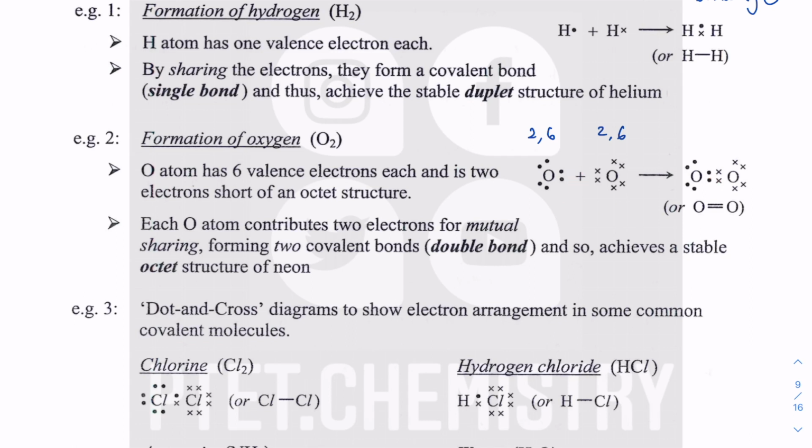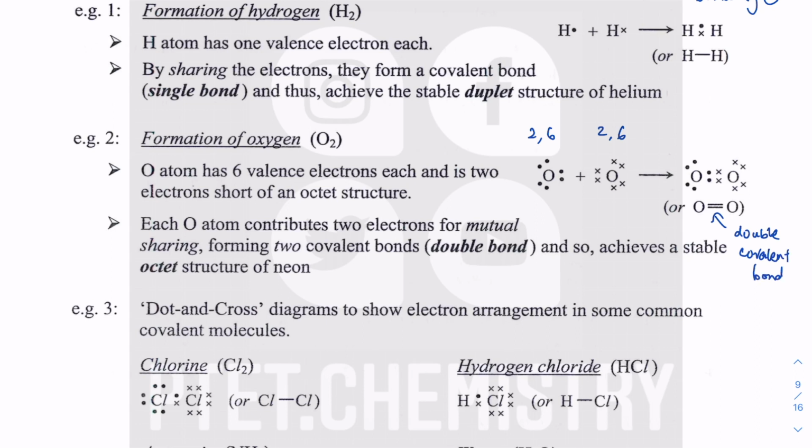Okay, and hence here you see 1 cross, 1 dot, that is sharing 1 for this one, and this one is being shared to the other one. And you have another dot and cross, so this represents 2 lines because there are 4 bonding electrons. One line represents 1 covalent bond, meaning 1 electron from this atom, 1 electron from this atom. The other line represents another covalent bond, that is 1 electron from this atom and 1 electron from the other atom. So altogether, when we show 2 lines, that represents a double covalent bond. So this is a double covalent bond,